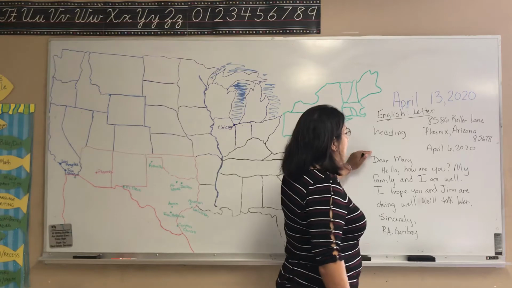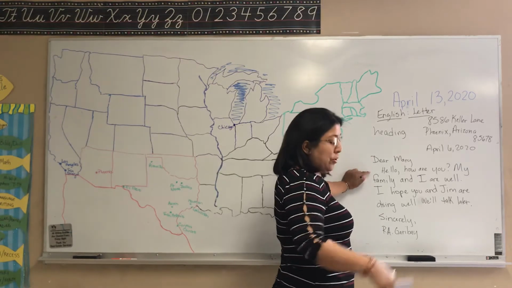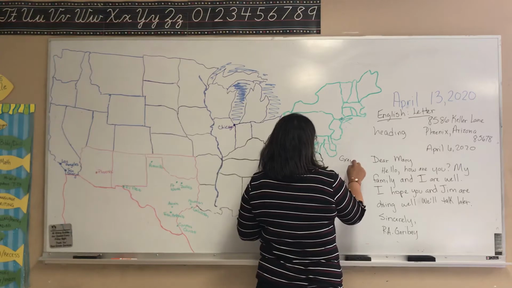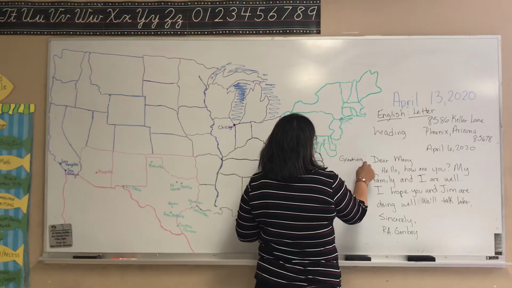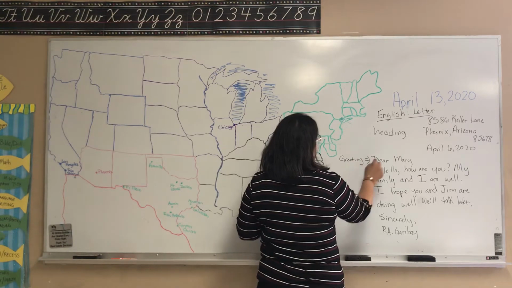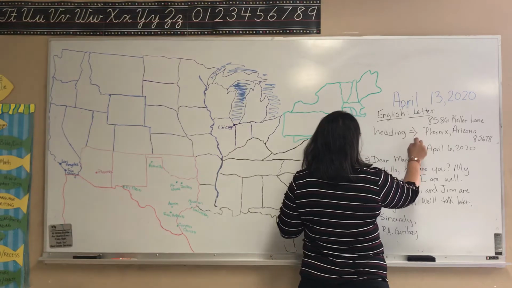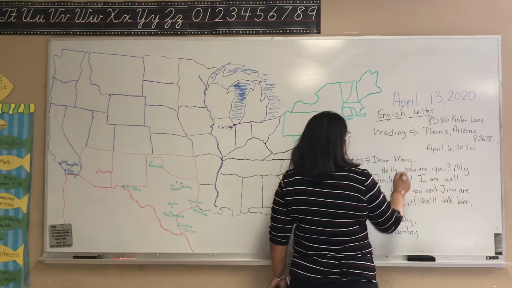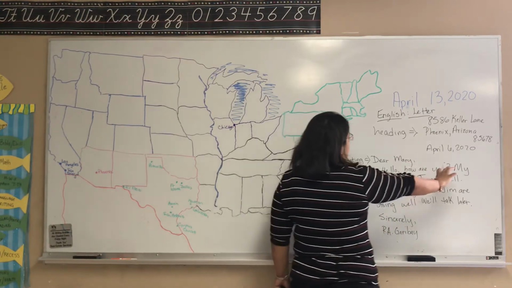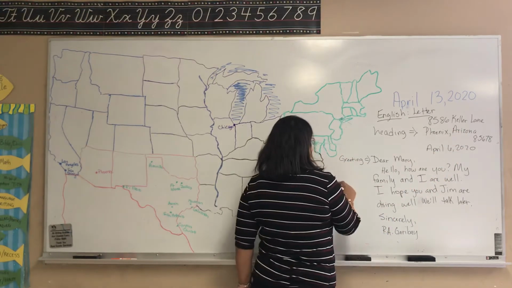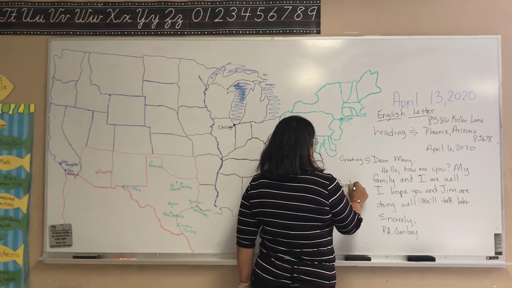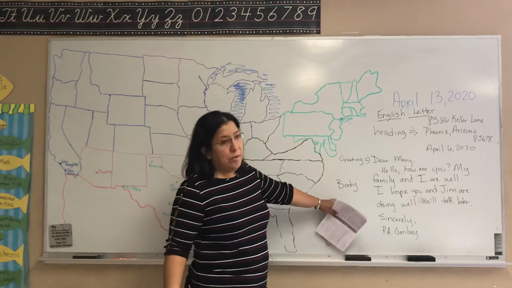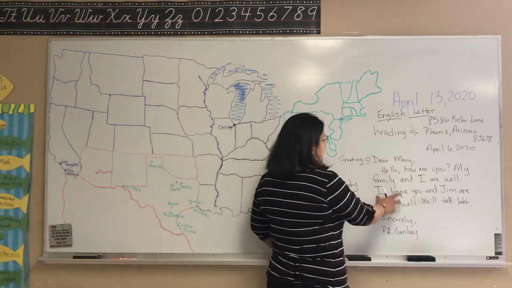You skip a space and you're going to put down whomever you're greeting. This is your greeting right here. This is your heading. This is your greeting, dear Mary. Make sure you put a comma. Hello, how are you? And your body, this is the body of the letter. The body can be very long. I did it very short just as an example, but your body can be very, very long. So you do the body of the letter.